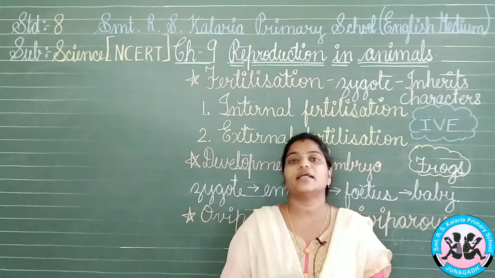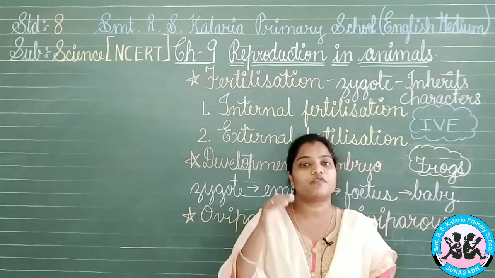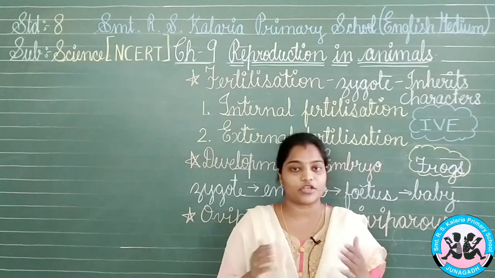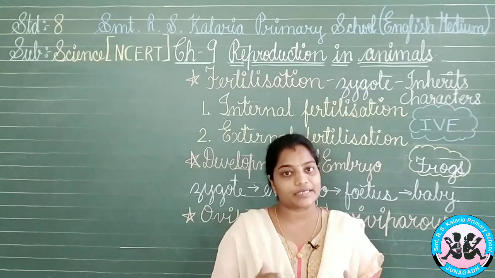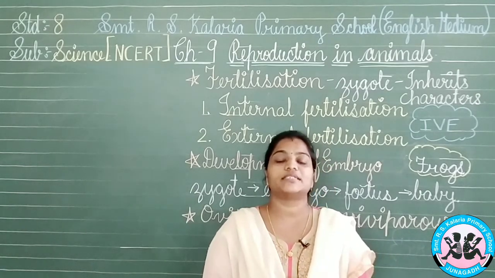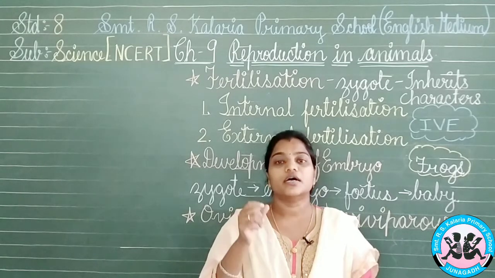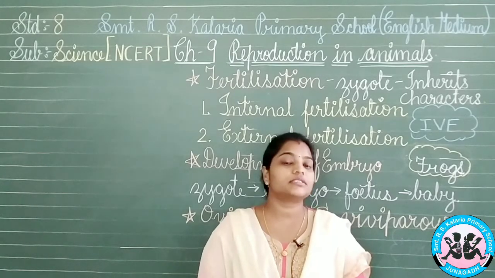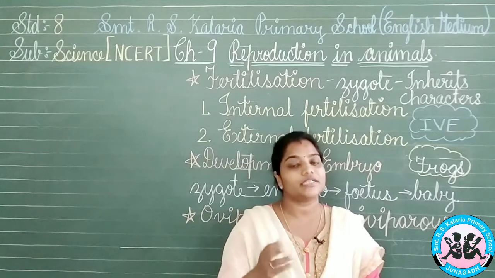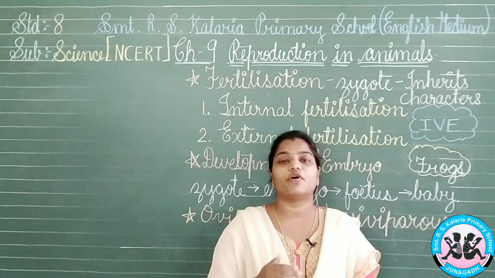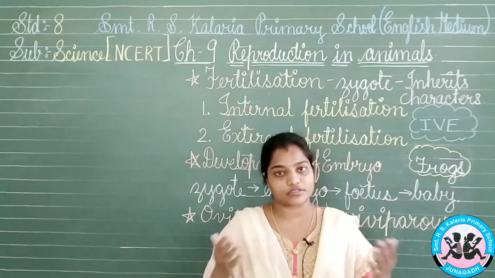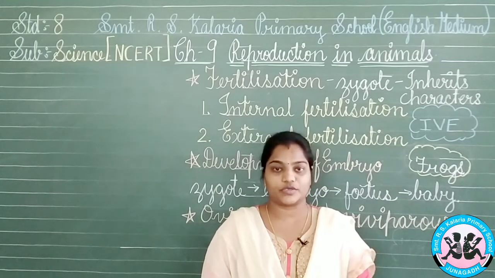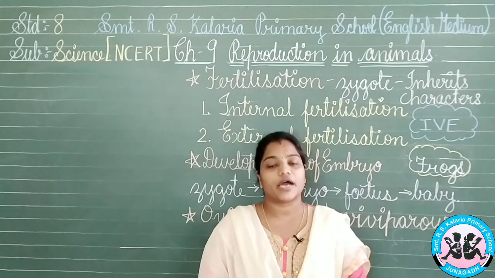It is said that test tube babies are just fertilized outside the female's body, but later, after one or two weeks, they are introduced into the uterus of the female, and thus the zygote develops inside the female only. The baby will be formed like a normal one born in other situations also. So, this is what IVF is.